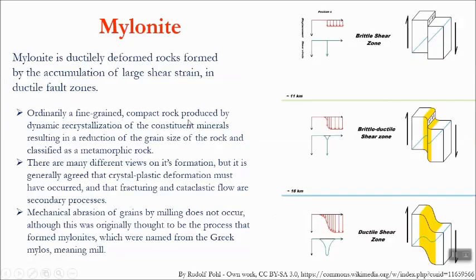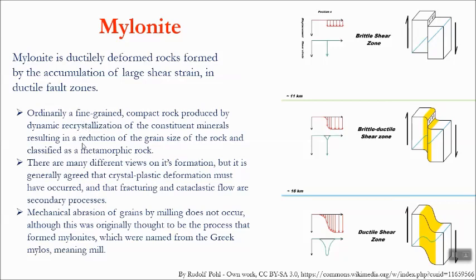Now, what are the characteristics of mylonites? They are ordinarily fine grained, because due to shear, the grains get recrystallized. Like we have seen previously when we were discussing metamorphism, due to high pressure and temperature, some minerals become unstable and form new minerals. Like that in mylonite also, due to compaction resulting from the shear, the rock is getting recrystallized into finer